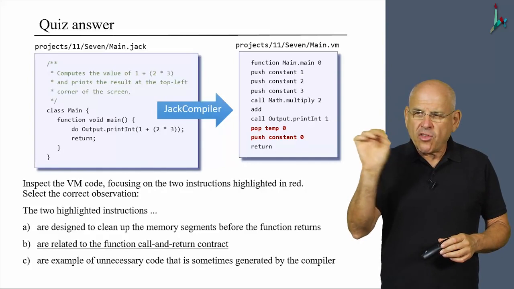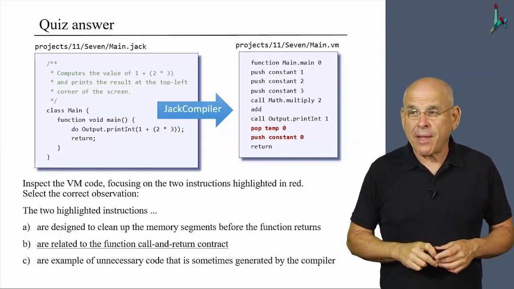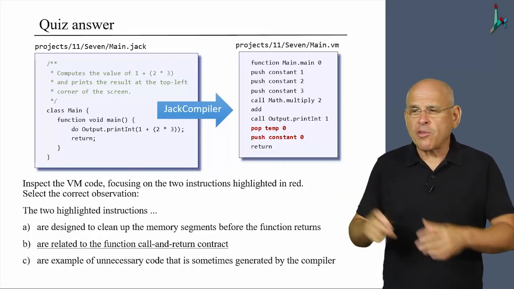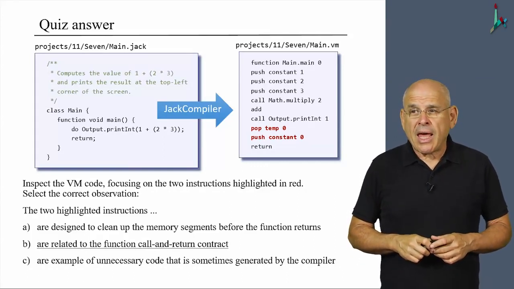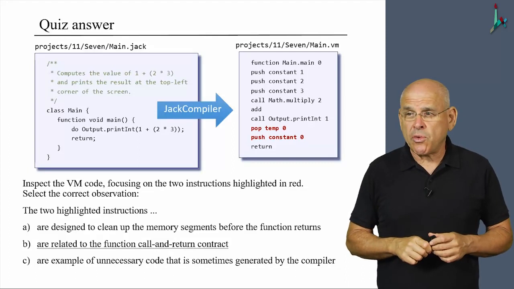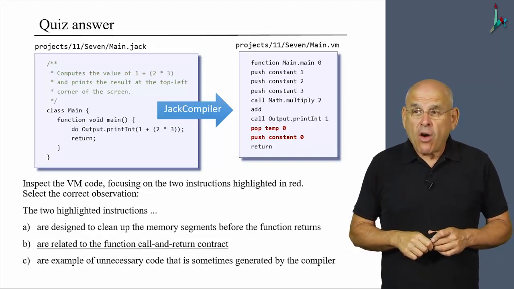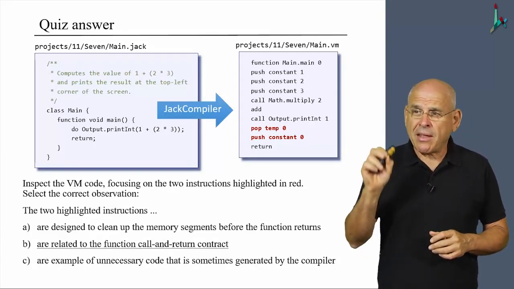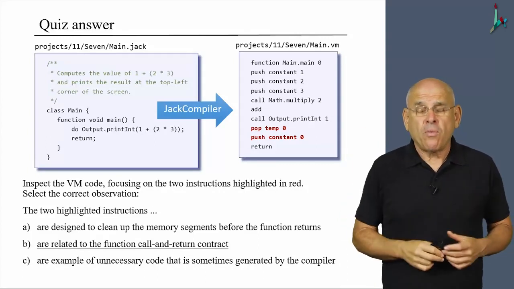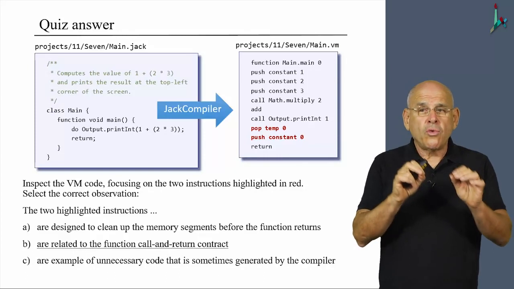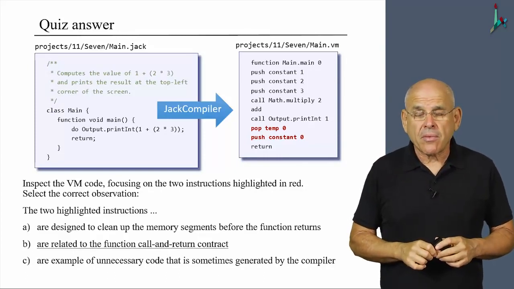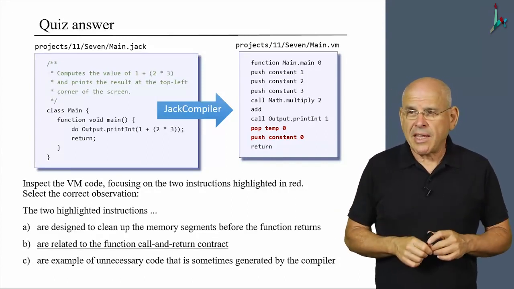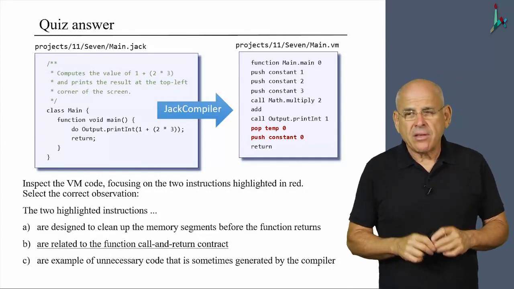Well, look at the top red statement, which is pop temp 0, and notice that it comes just after the command call Output.printInt. And there's a very tight relationship between these 2 VM commands. Why? Because let's also go back to the Jack source code and realize that call Output.printInt came when the compiler generated code for do Output.printInt. So here we have a method call in the context of a do statement, and the compiler writer knows